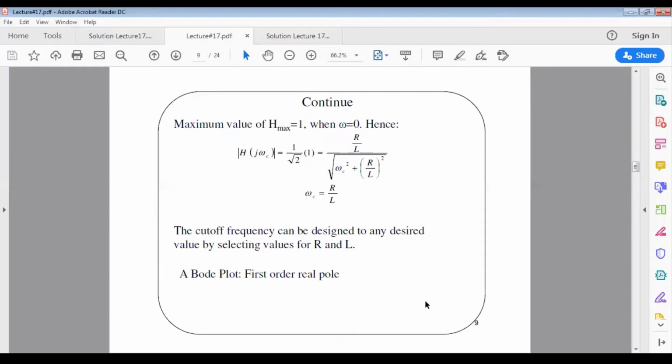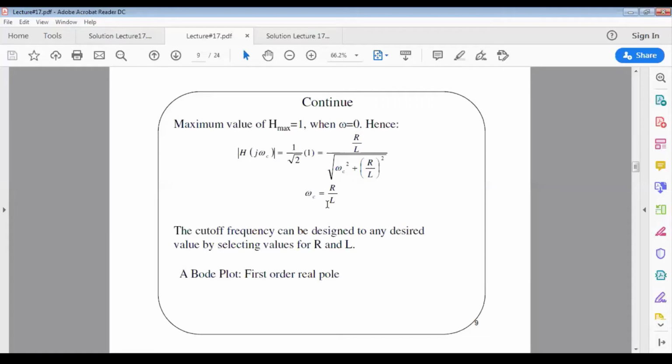The thing that I want you to see from this equation is that the cutoff frequency can be calculated from a ratio of resistor R and L. Here, R over L will be the cutoff frequency, and it shows that we can design the filters by simply selecting values for the resistor R and the inductor L. Because we have proved that the cutoff frequency value is a ratio of R and L,